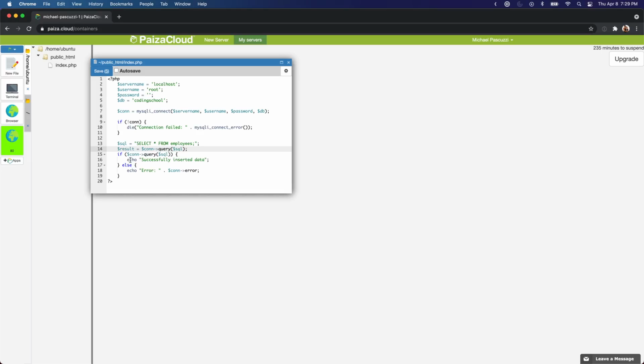And so for our check, what we will do is say something like this. If the result, and that's going to be an associative array, so we can use the arrow syntax, if the number of rows in the results is greater than 0,